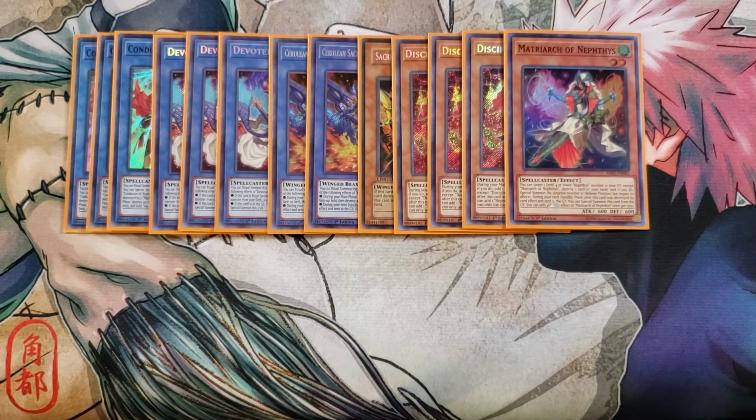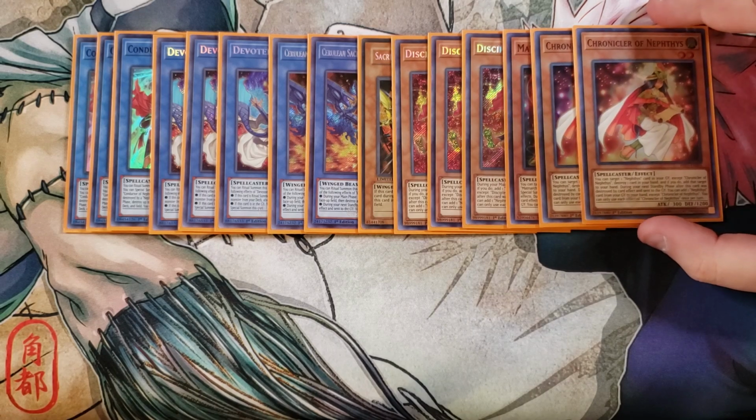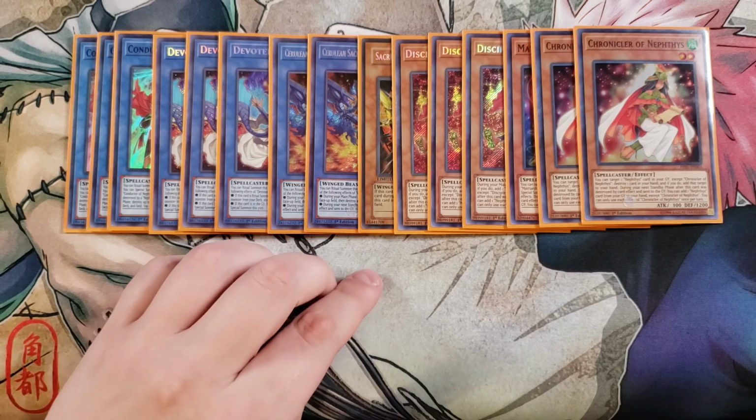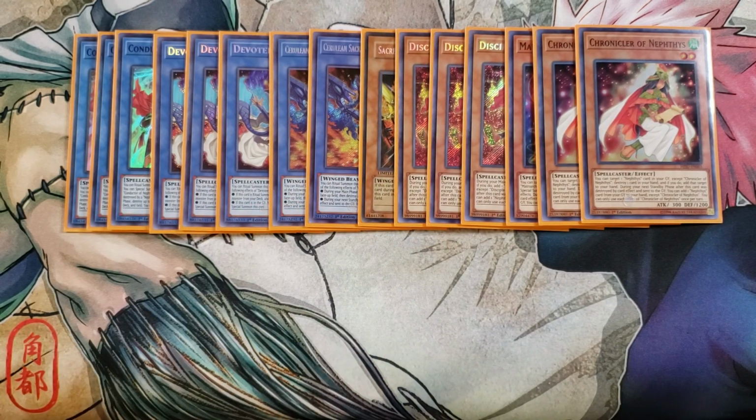We then play 2 copies of Chronicler of the Nephthys. This card's pretty good in the deck. I really like her as a 2-of. It lets you target one of your Nephthys cards in your graveyard, except another copy of yourself, and then you destroy a card in your hand, and if you do, you get to add that card back from your graveyard to your hand, which is pretty good to add your ritual monsters back, and is the reason I play her as a 2-of, because she helps you get your ritual monsters back in your hand,